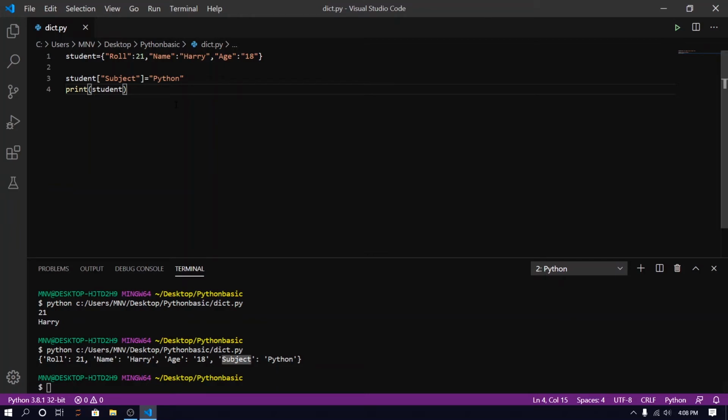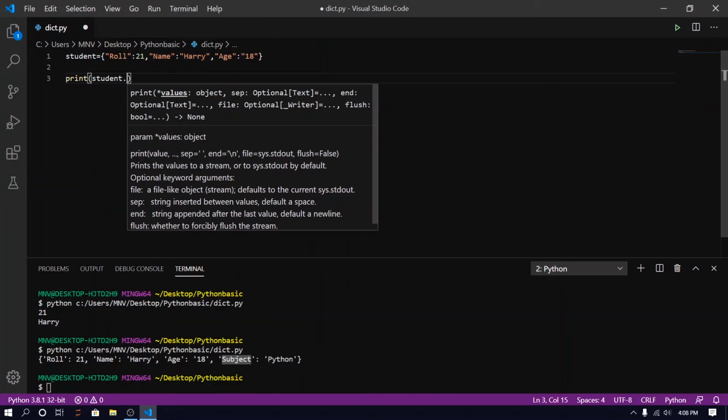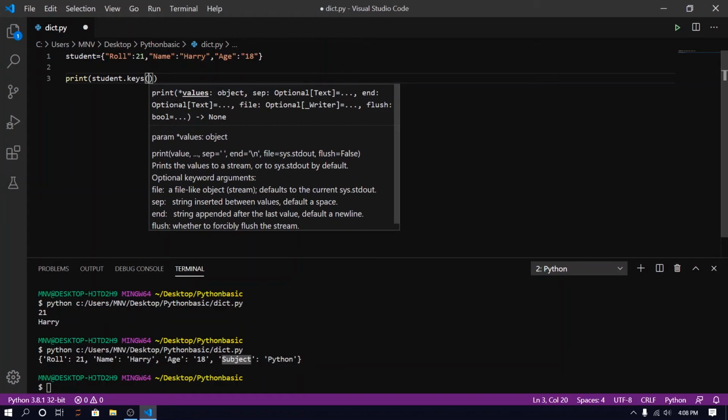We have lots of methods of dictionaries. For example, if I want to get only the keys of our dictionary, we have one method that is called keys.